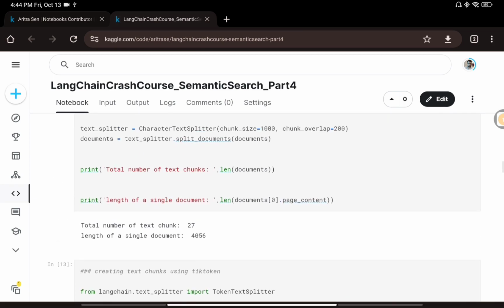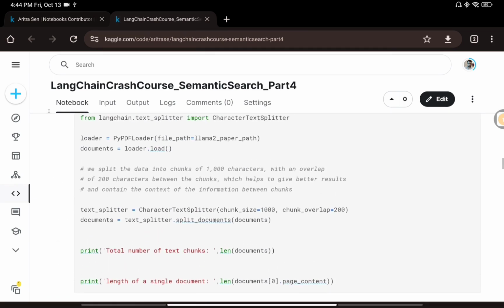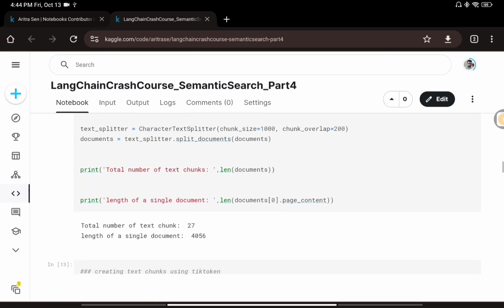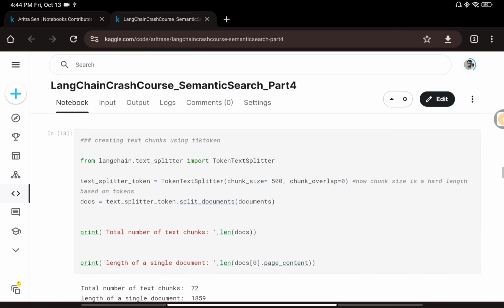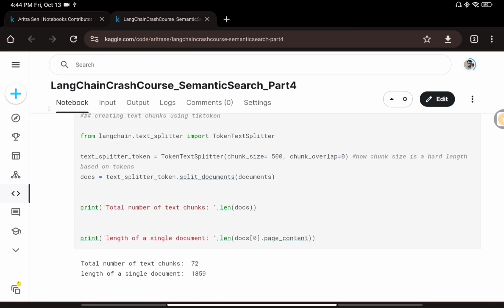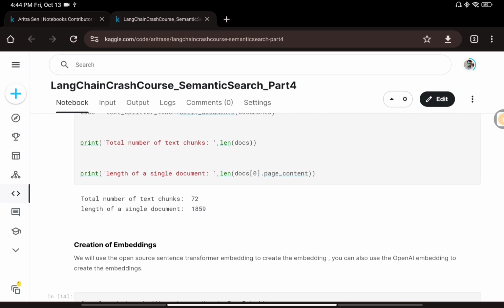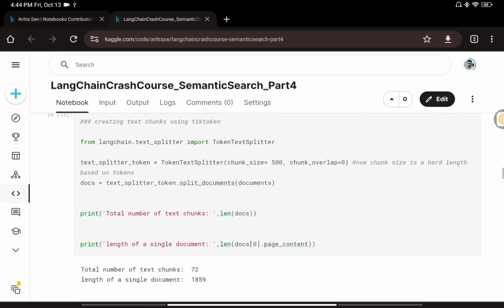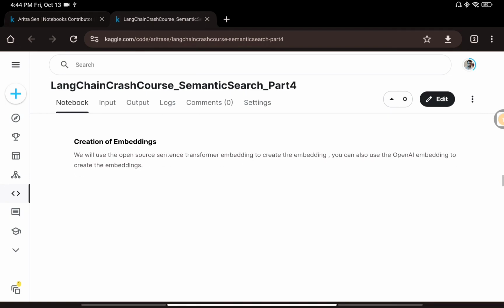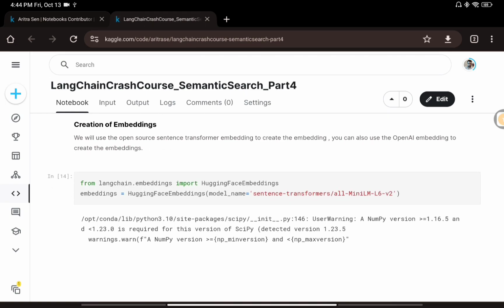So this is very specific to token related. Before that, we were doing the chunk character lengthwise. Here we are doing the chunk based on the token size, right? And after that, we can see that the total number of text chunks is around 72, and the length of a single document is 1859. So I just wanted to show you the two different ways to create chunks, and you can use either of these two. So we will go ahead and use the character text splitter,